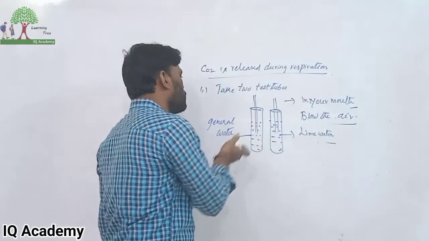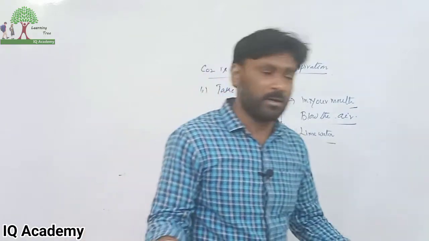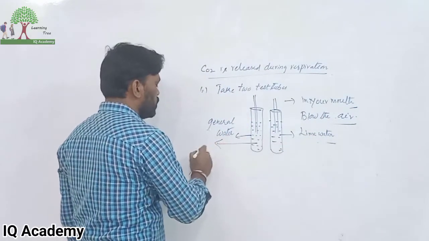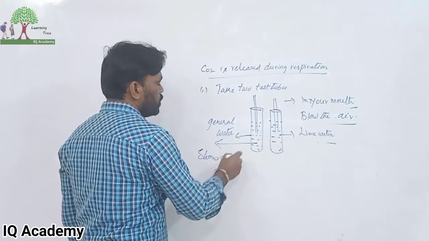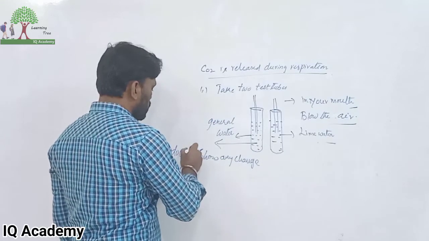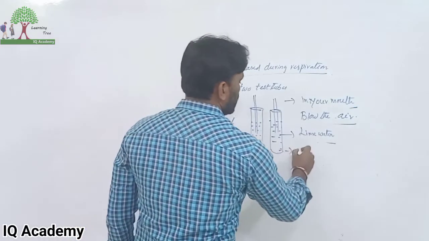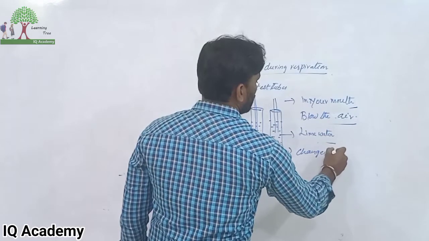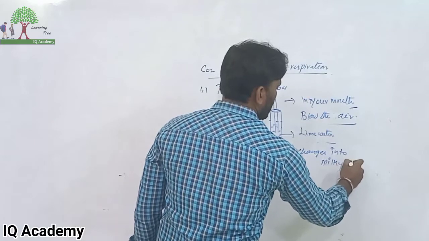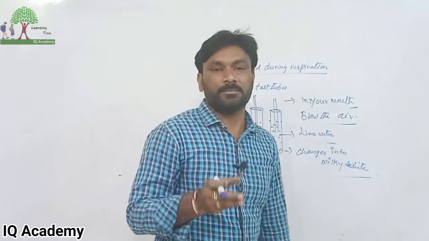You can blow the air first in the general water and afterwards in the lime water, or at a time also we can blow the air. Now after that, if you blow the air, the general water does not show any change in color. And the lime water changes into milky white,